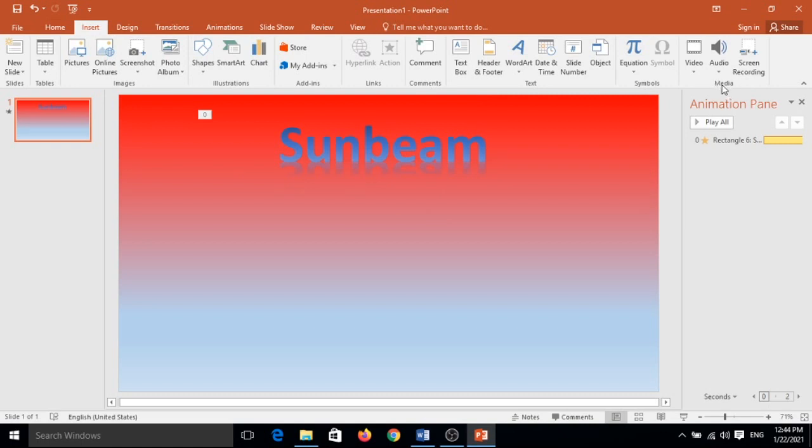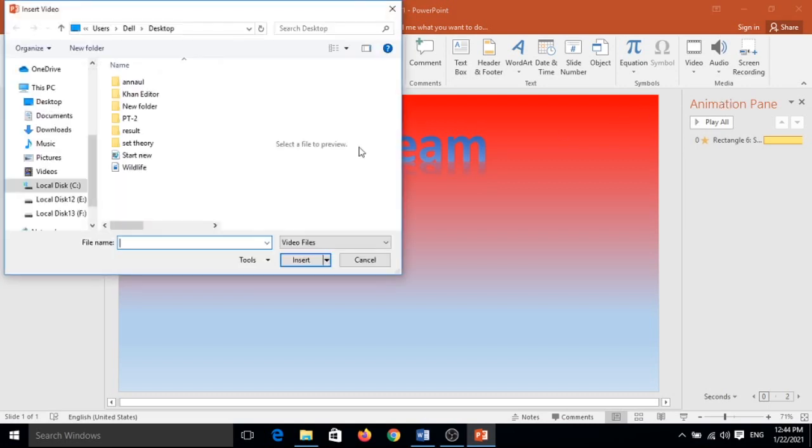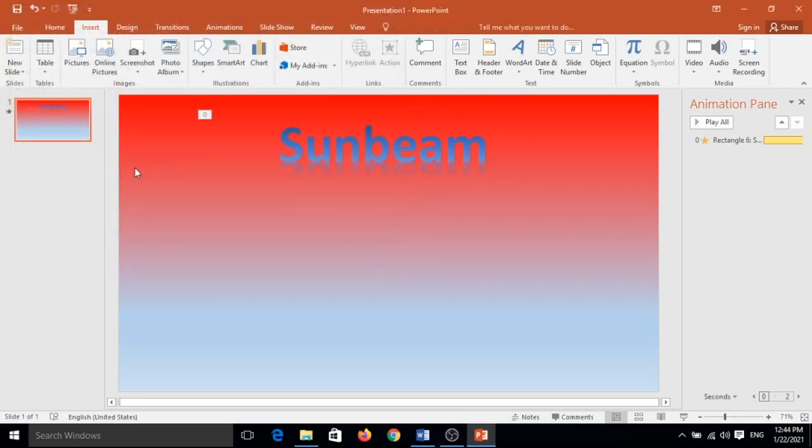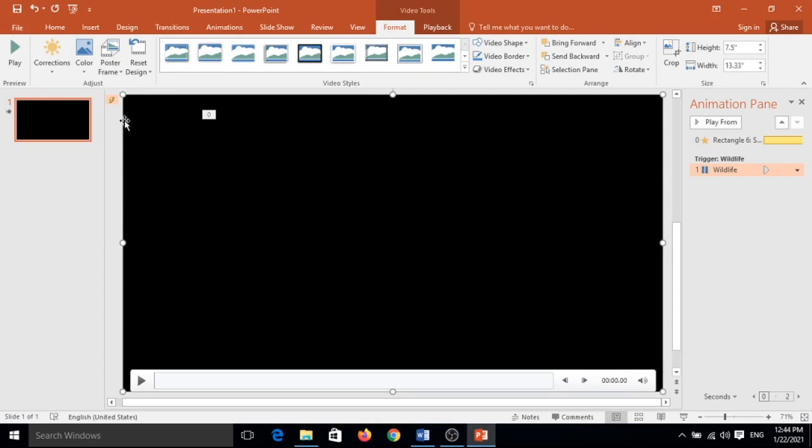It is the media, and then after, click on video. Options will appear: online video or video on my PC. Click on it and give the location. On desktop there is a given wildlife. It is a video file, and add. It is already added.